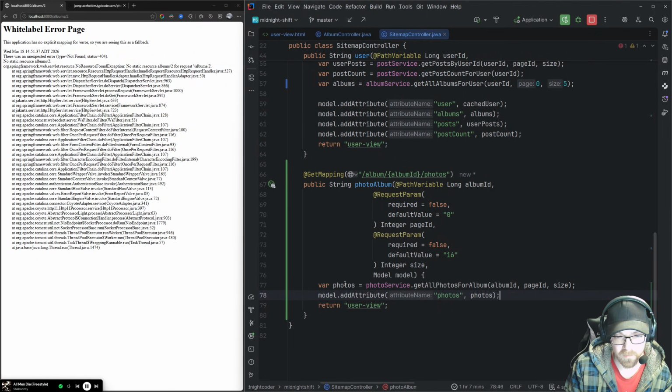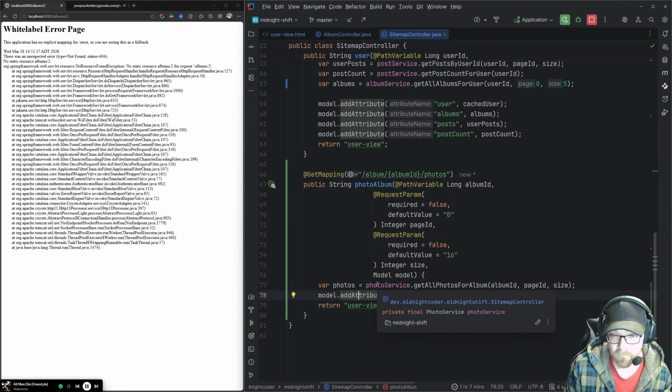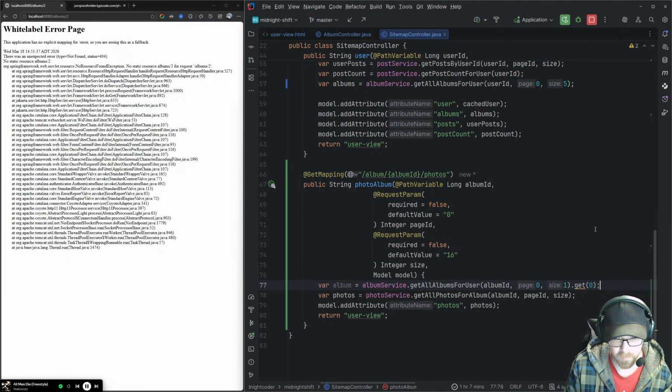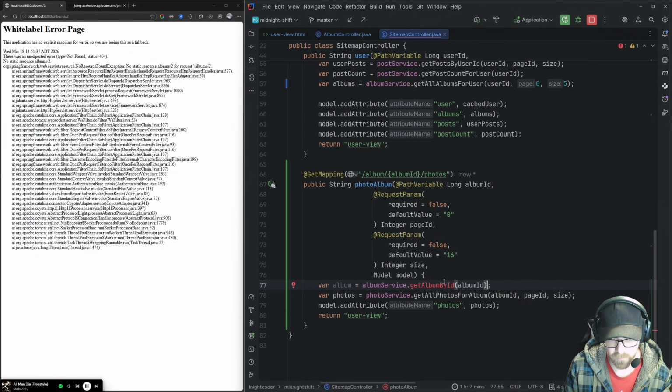So I want the model to add photos to this, and I also need the album. So in this case, I want to say var album, service. No, I want to get album by ID. Thank you very much.